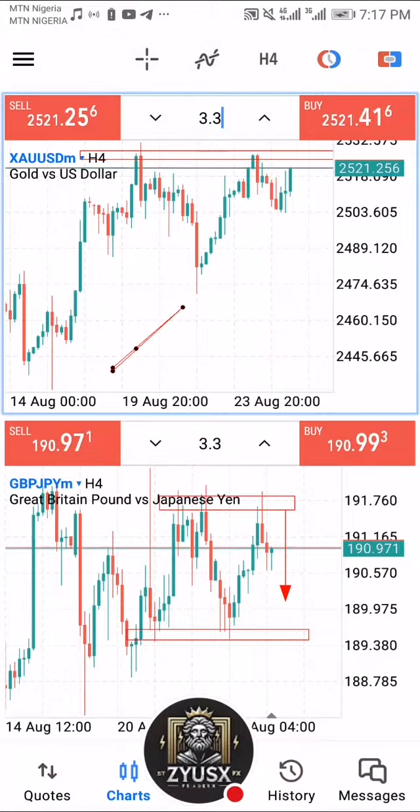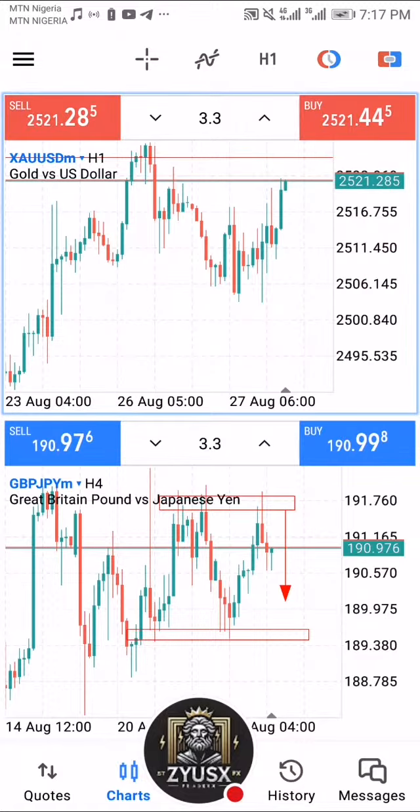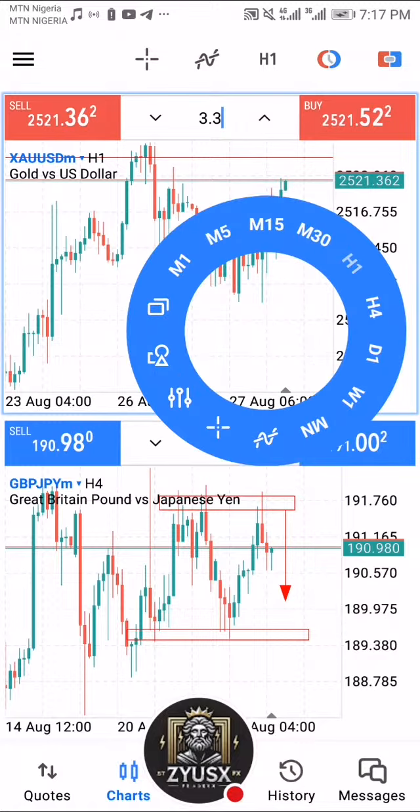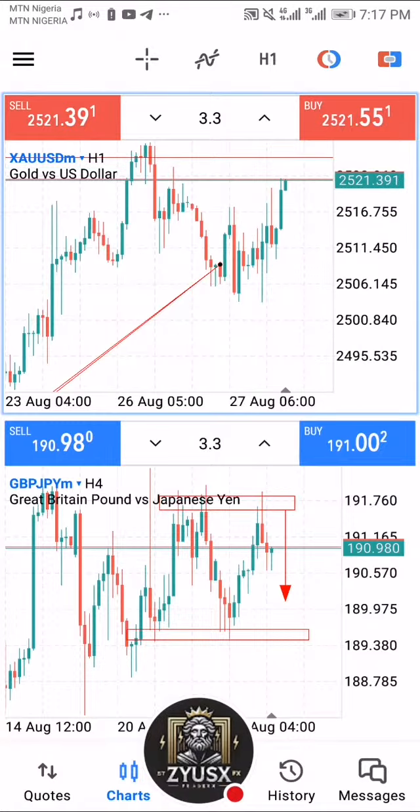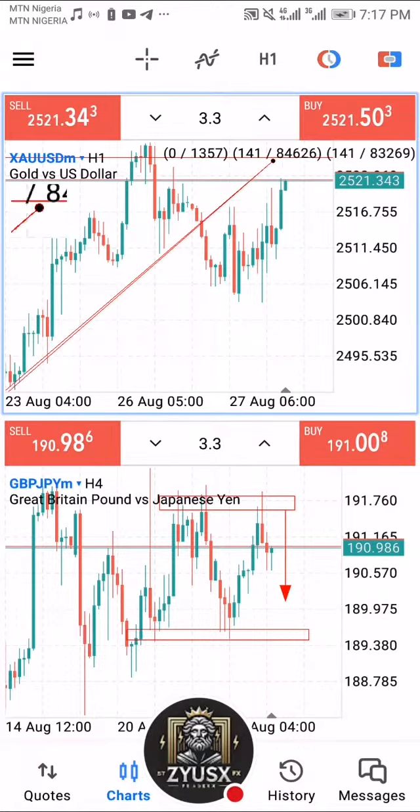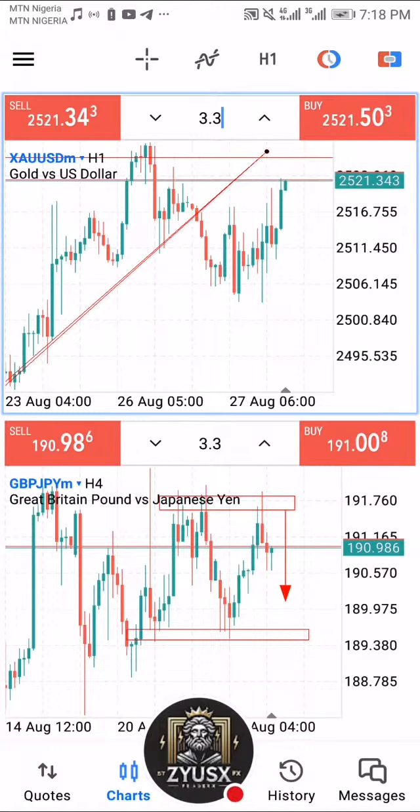Okay, so price is now pushing up. I'm just waiting for price to get to that level. Waiting for price to get to this level for us to look for a selling opportunity. We'll be looking for a selling opportunity when price gets in. So we're patient. As we wait,